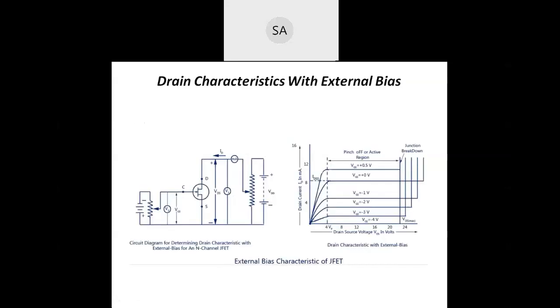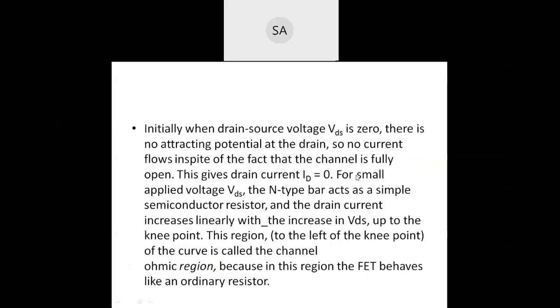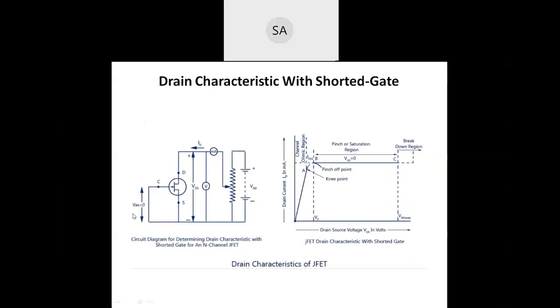So these are the characteristics for a number of values that we are considering. The first characteristic is for only one value, VGS equal to 0. That is the first curve we are showing here. Suppose you are decreasing the VGS, taking VGS less than 0 volts. Then the current increase will be smaller and it maintains a constant value, and the drain current will be constant. But the pinch-off voltage will be lesser than this normal value.